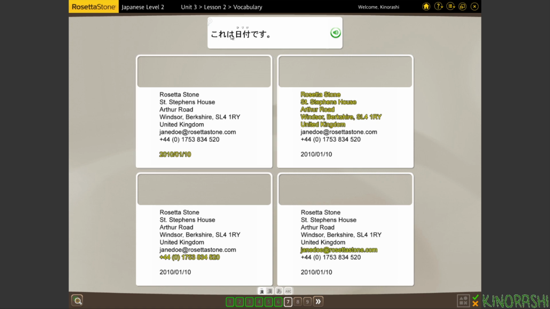See how you can use symbols to try to decode what a word is? You knew it had something to do with the day because of this symbol. これは日付です。日付。